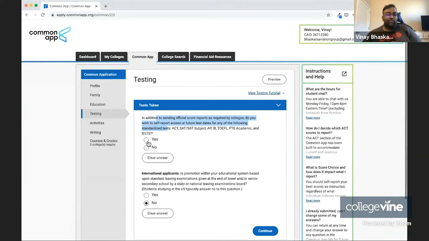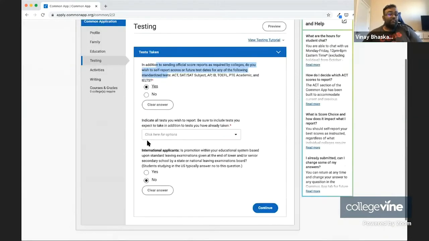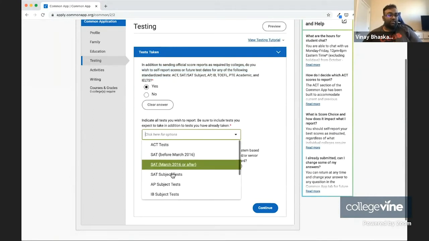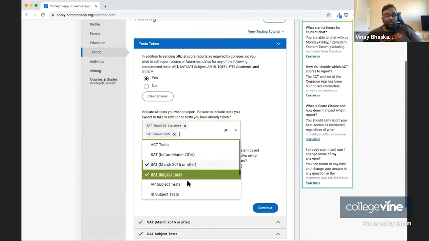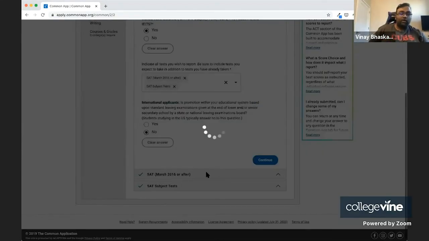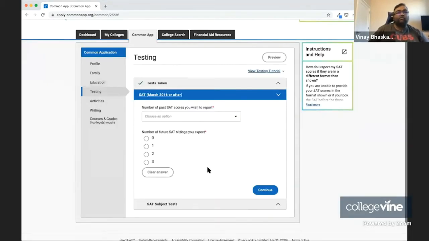Now, in this case, say that you want to send a few tests. Basically, you're just going to click here and select all the tests that you're planning on submitting. So in this case, let's say I'm planning on submitting the SAT and an SAT subject test. For each of these exams, you're going to report your scores here. One thing to keep in mind is that if any of your schools do not allow score choice, which is the thing that allows you to choose which of your scores to submit, or if any of your schools don't allow super scoring,